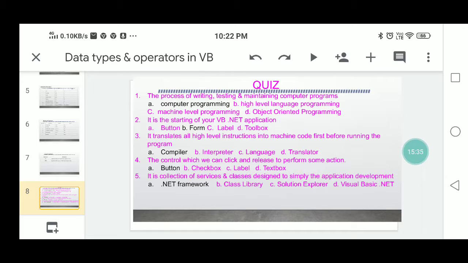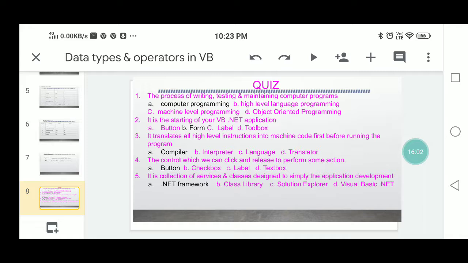What is the starting point of your VB.NET application? How can you start a VB.NET application? With a form. The answer is form. Next, which translator converts all high level instructions into machine code before running the program?